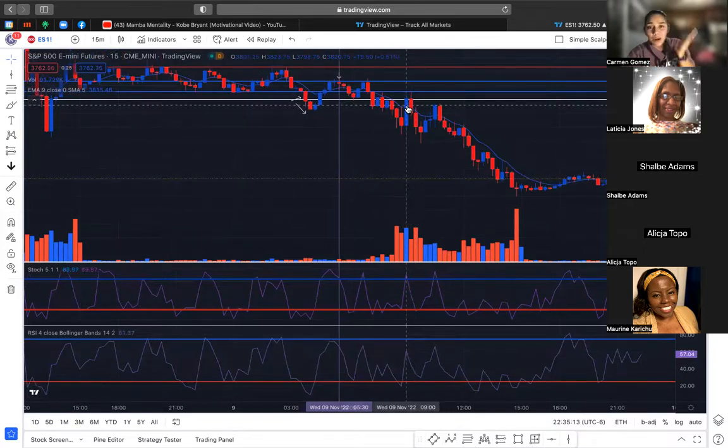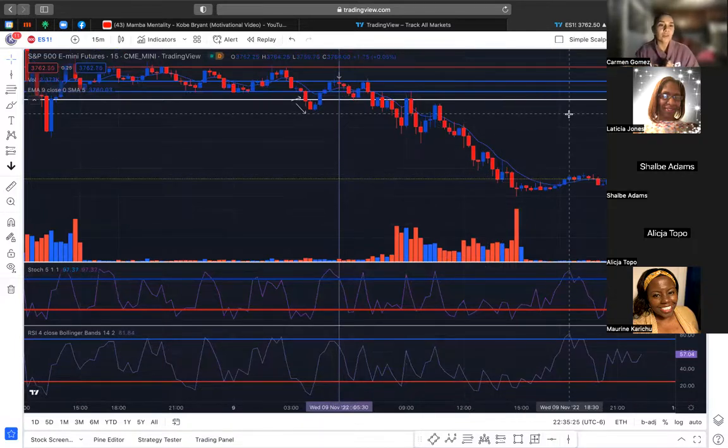So I'm just eyeballing it here, and by the looks of it, I see that's 2, 3, 4, 5, 6, 7, 8 possible trade ideas right here, just by following the downtrend, the 50 EMA. And it's as simple as that, it's just training your eyes, family.